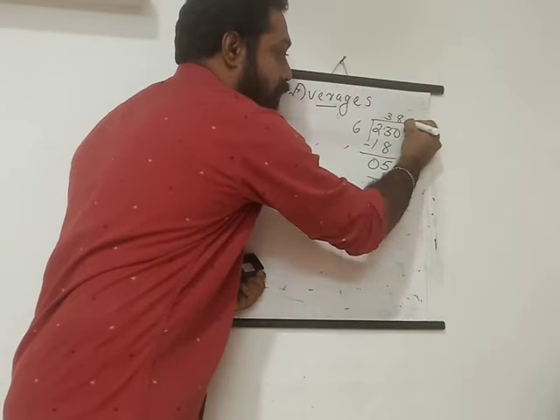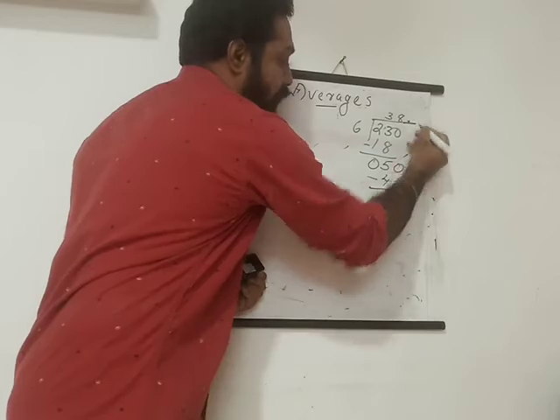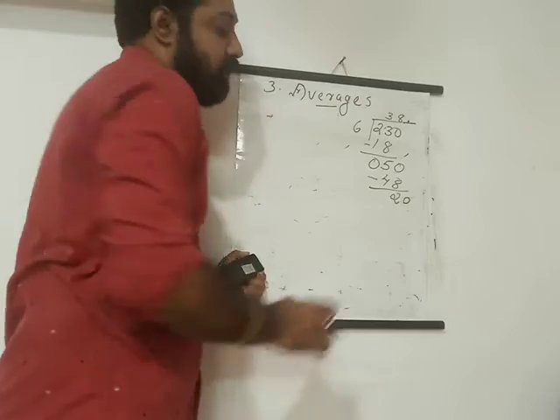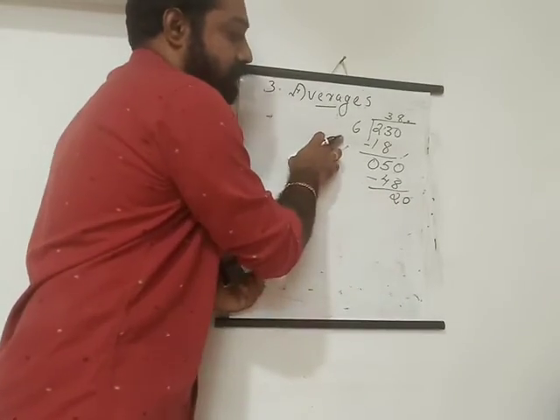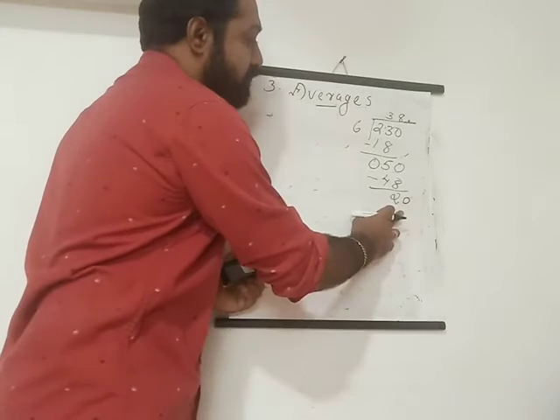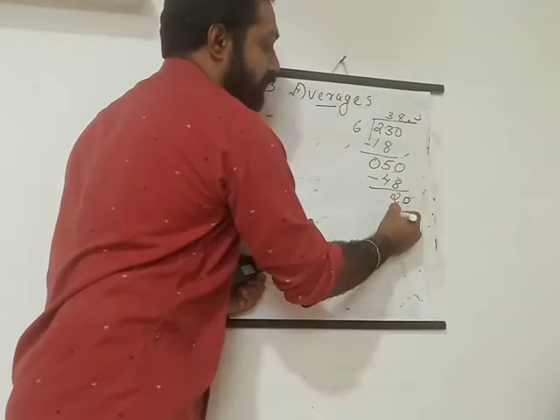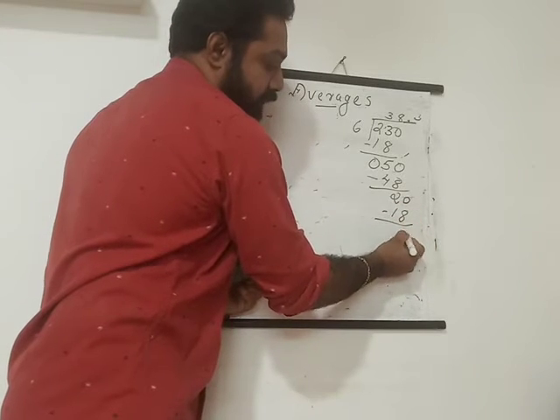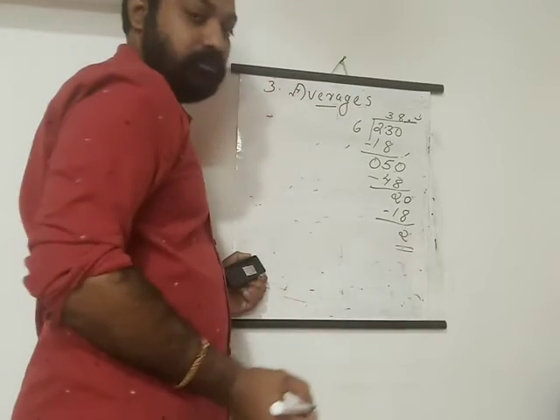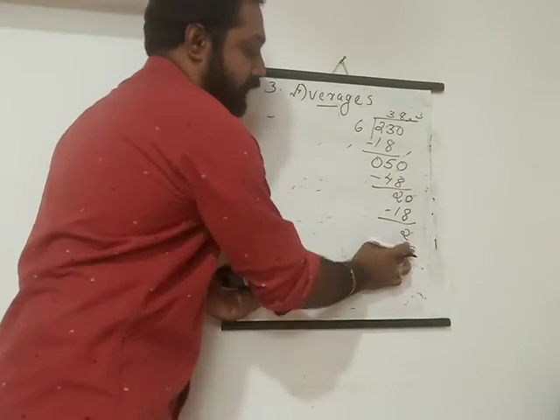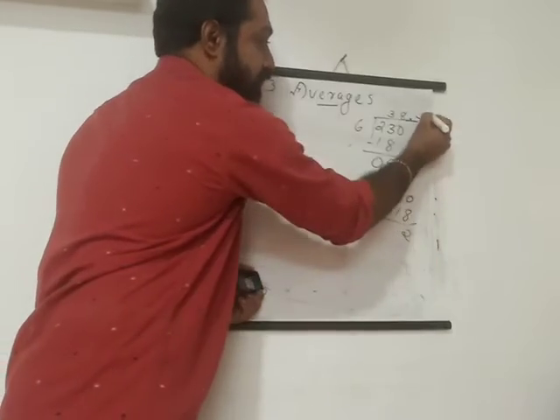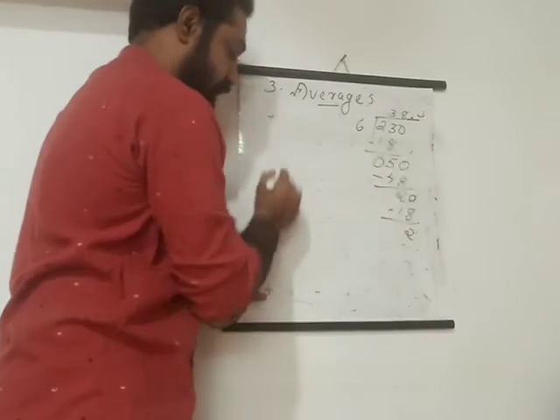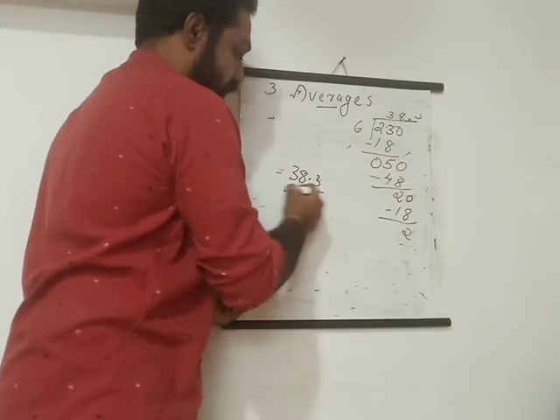The rule is that when you are putting a point, you can put a 0. Or to put a 0 here, you have to put a point. Then now it becomes 20. Now you can divide. That's the only thing. So 20 means how many times? 3 6s are 18. Then subtracting, 20 minus 18 is 2. But we will get 2 again, and this will continue, because 20 means again 3 will come, 18. Understand? That's why we are not proceeding further. We only need one decimal place. That's why we can write 38.3 is the average.